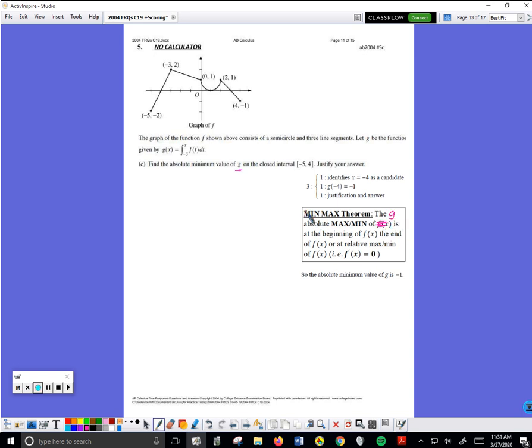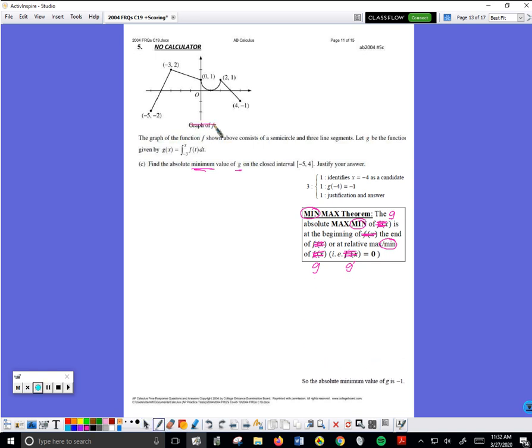So let's see, absolute minimum. So the minimum of G is either at the beginning of G, end of G, or a relative minimum of G, or where G prime is 0. There's a shortcut here though, because they're trying to get you to see how the different parts of the FRQ connect. So they've already told you,